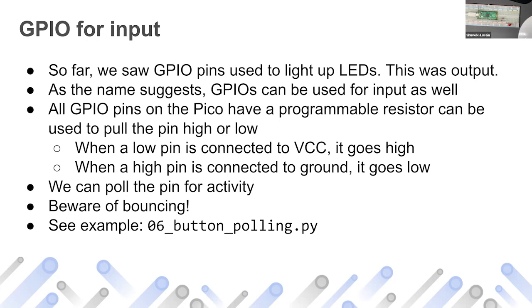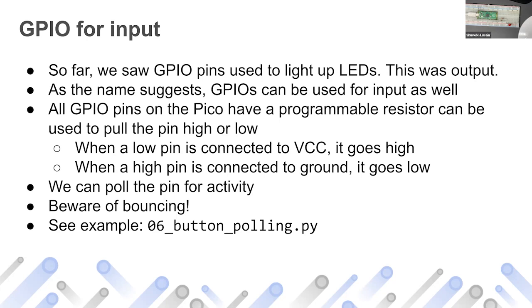But in hardware, it's not that simple. In general, all pins are supposed to be in a floating state, that is, the state is undetermined. So what you have to do is, every GPIO pin has an inbuilt resistor. It's programmable, and I'll tell you why that's interesting. You can set that resistor to pull up or pull down. If you pull it down, you're setting the value to 0, connected to ground. If you pull up the resistor, that particular pin value becomes 1, that is, you're giving it 3.3 volts, and it becomes 1.